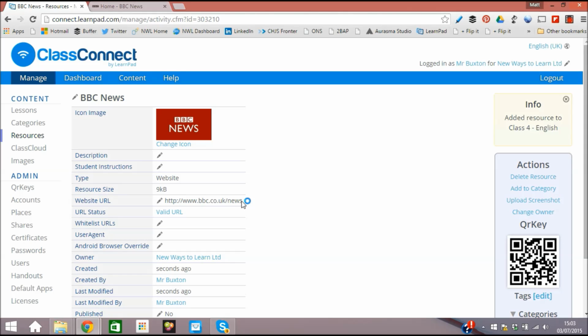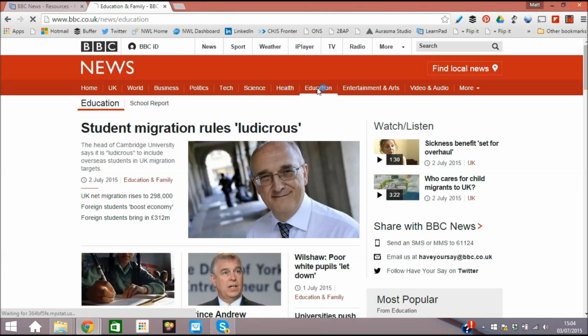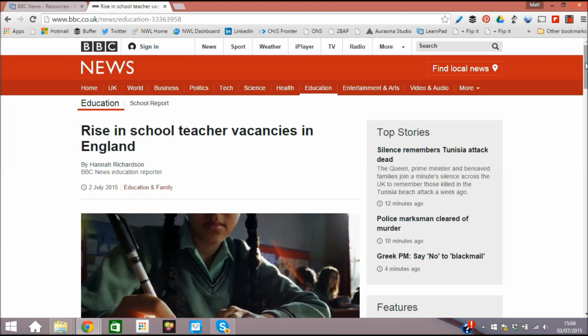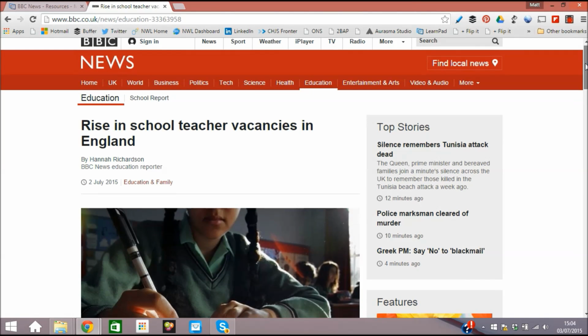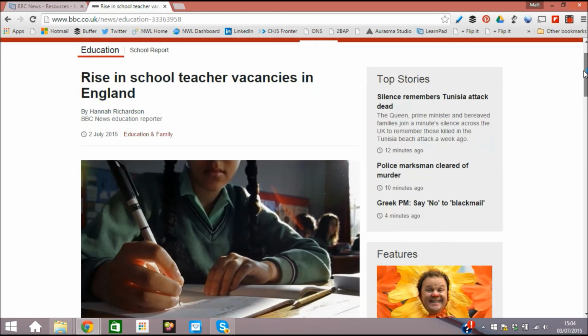But what you may wish to do is take them to specific pages and just keep them on one page. Again, you have complete control over what they can get to and when they can get to it. Remember, they don't even need to see this icon until you add it into a category for them. So what we may wish to do, click into the education section. We may wish to have our year 4s researching a particular news page only about the rise in school teacher